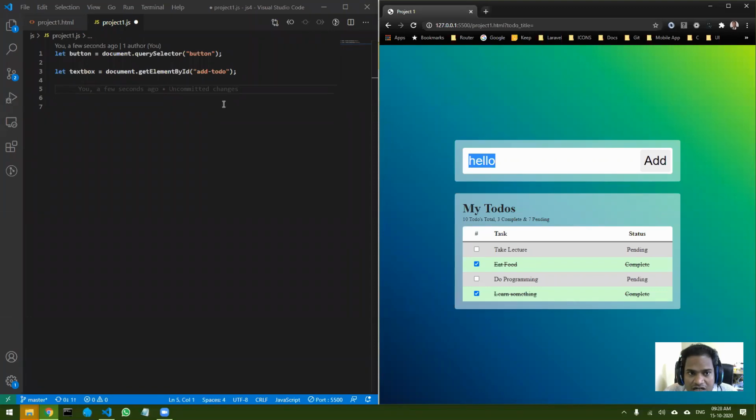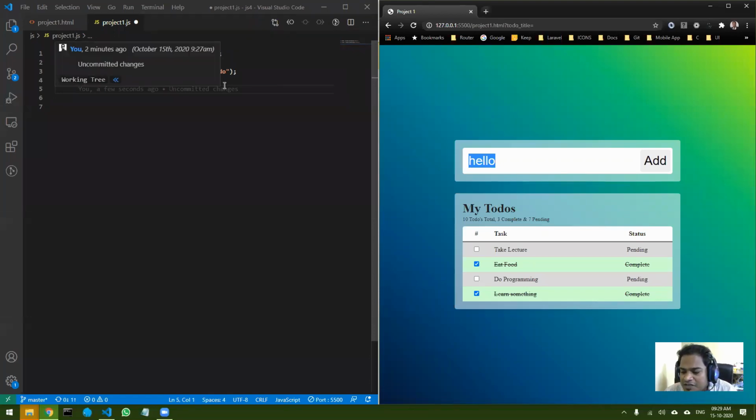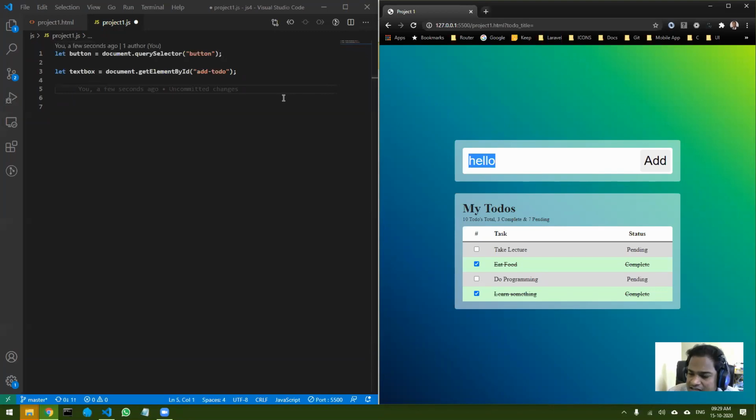It is possible that there are multiple buttons in your form, but the button querySelector will still give you the first button that comes through in the flow. It will give you only that button. Whereas getElementById will target only the specific button which has that particular ID.